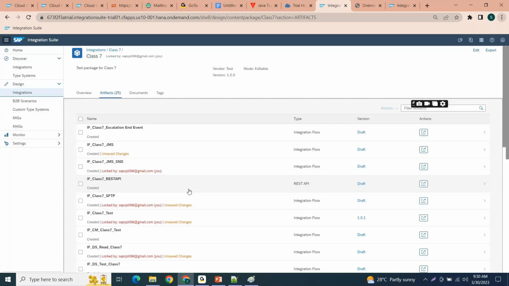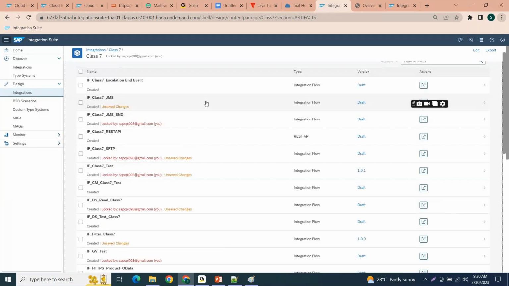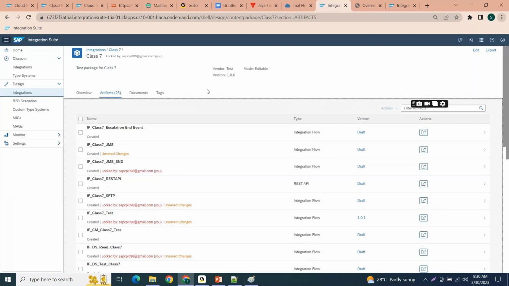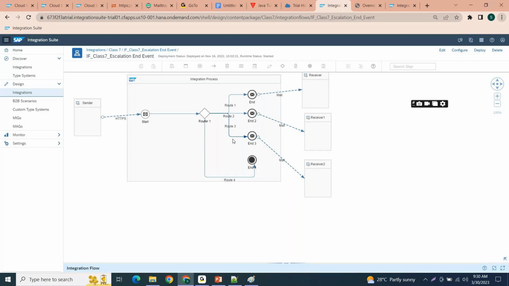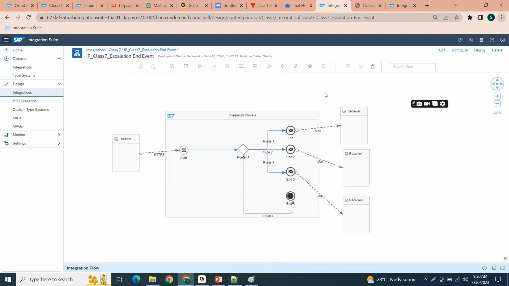So these are the artifacts. Based on that, if you want to edit, you can use this. I am opening this just for your understanding, but I will clearly explain how to create a package and what the work area is. Here you can see this is one of the integration flows we configured. This is where all the CPI developers work most of the time. Developers spend their time